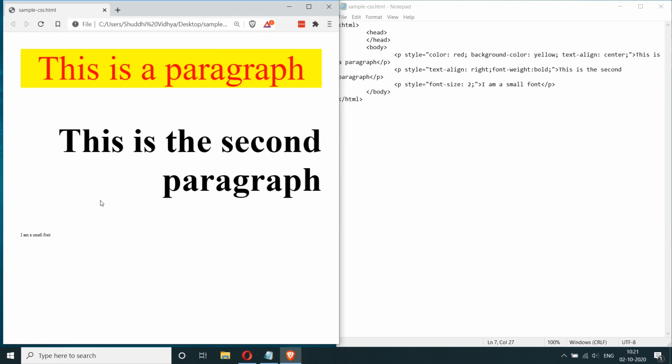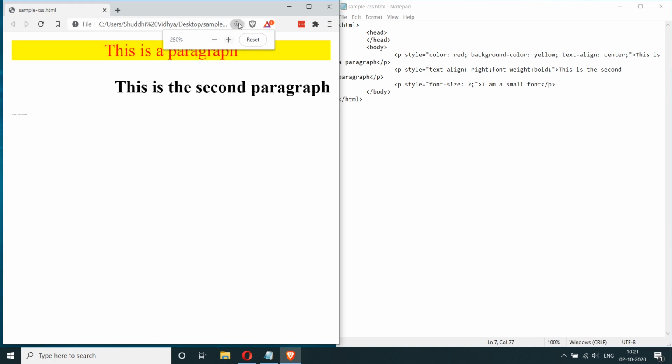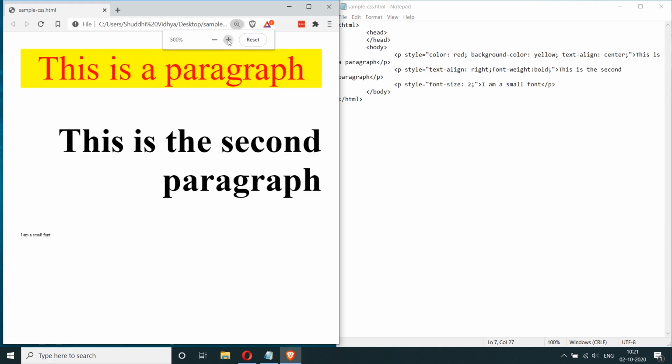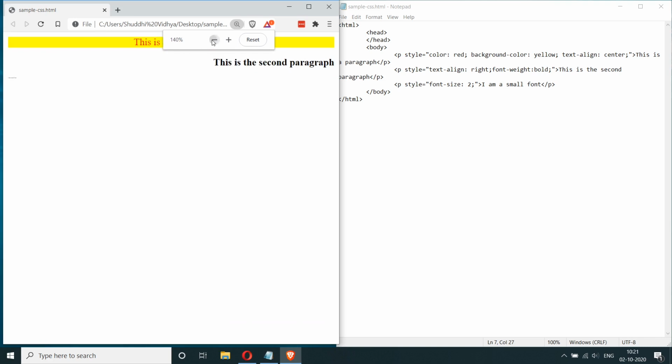By the way, to zoom in, you have to press Control and then the scroll wheel. You can also click on here and then increase the zoom like this. So this is 150. 100 is the default and you can see how small that is.